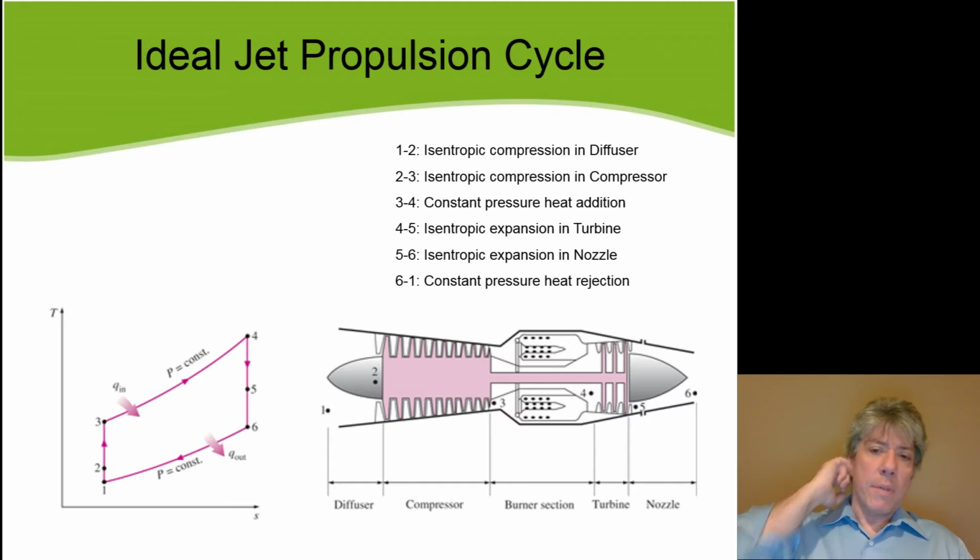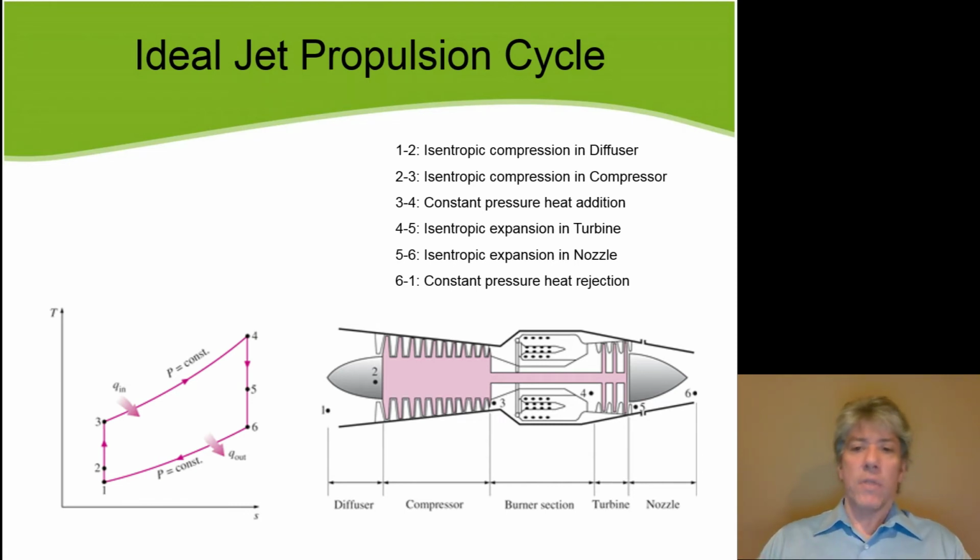So from 5, I'm not saying that a jet engine is stronger than a hurricane. I'm just saying that the wind in that area goes faster than hurricane speeds. So from 5 to 6, that's the business end of this jet engine. And then from 6 to 1, coming back around, you'll notice